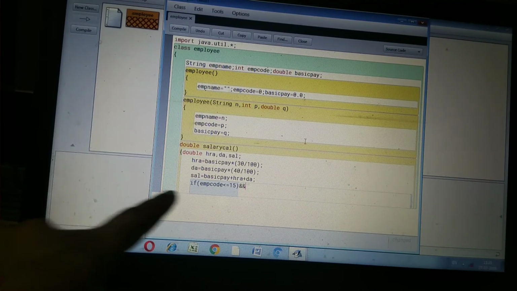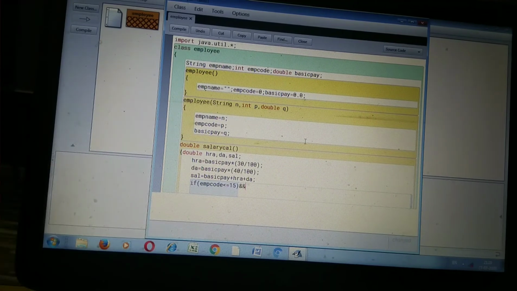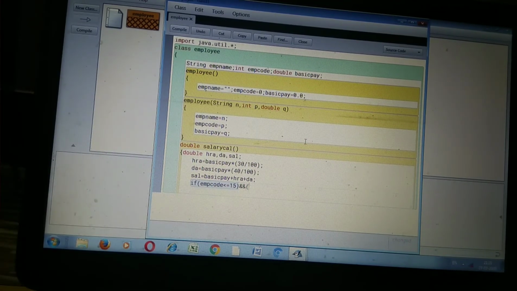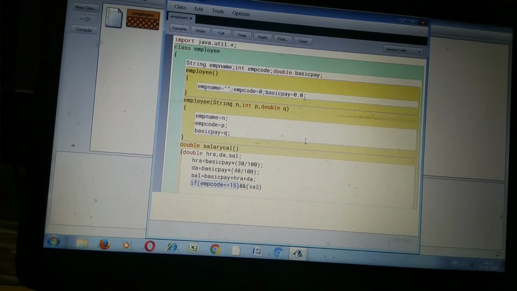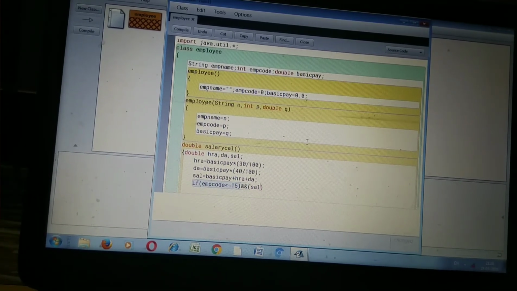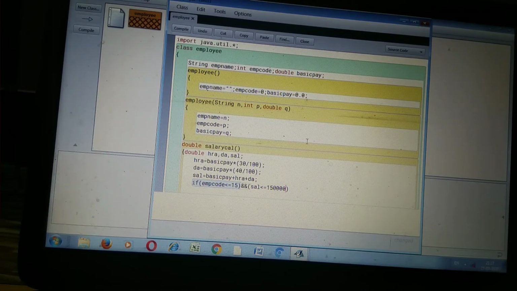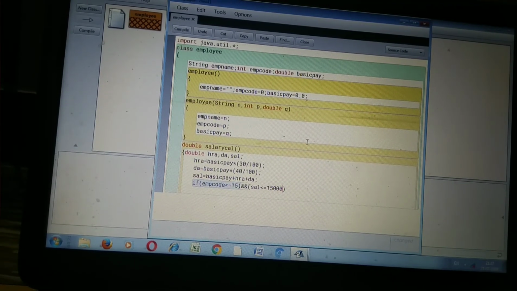Salary we get in the sal variable. Here we start the parentheses, sal is less than or equal to 15,000, and close this condition.